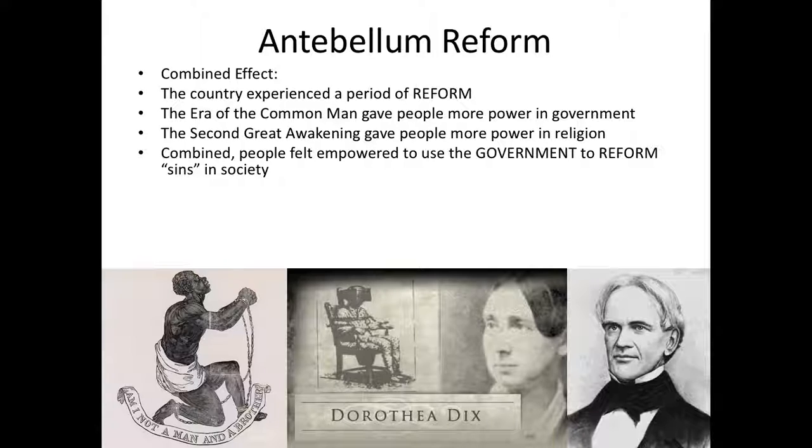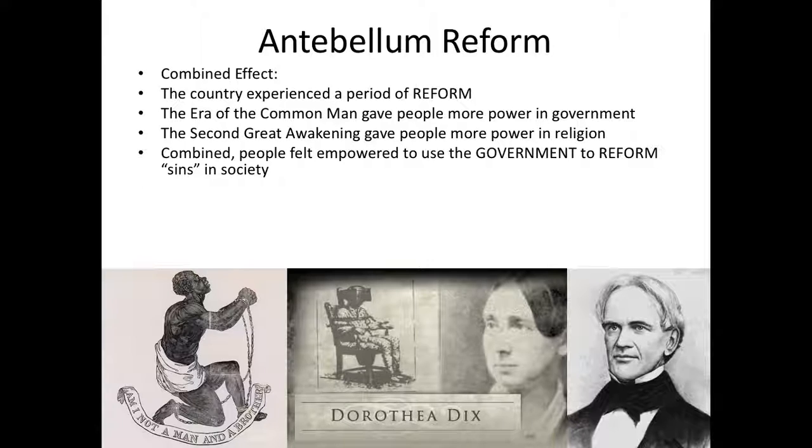Now, women couldn't vote, but what women could do is they could influence men that would then go on to vote. And a lot of women were very personally affected by the Second Great Awakening. And again, I've told you that stereotypically women are seen as the moral centers of society. Whether or not that's fair, that tends to happen. And so women will be a driving force in these reform movements. Even if they couldn't vote, they could try to influence lawmakers. They could influence husbands and fathers and brothers and sons to vote. So they'll have their influence too.